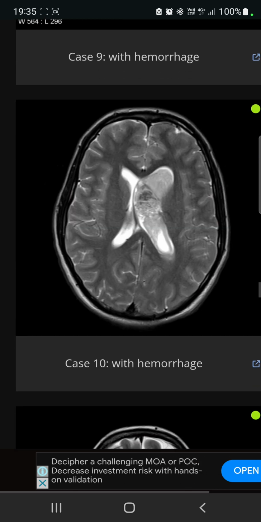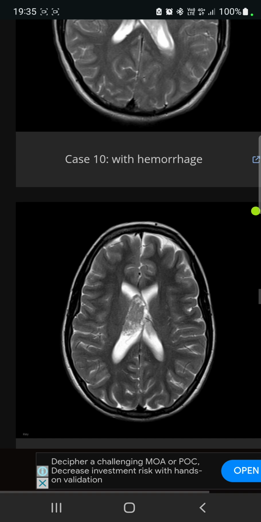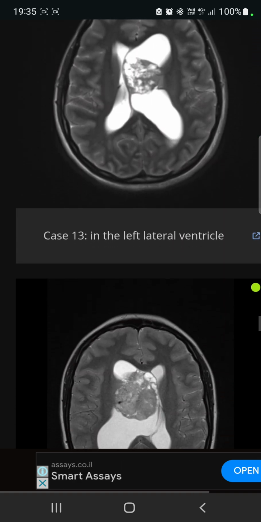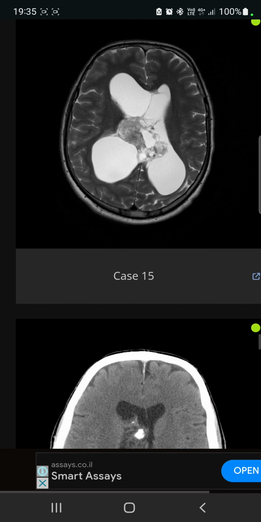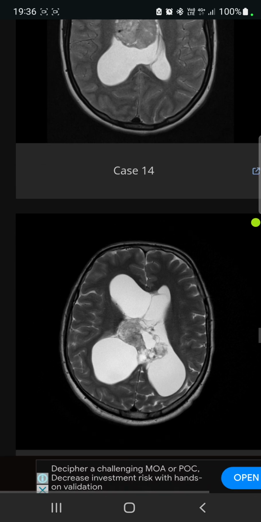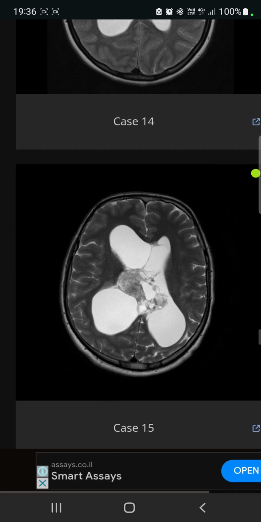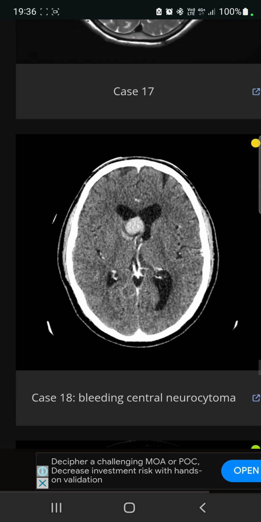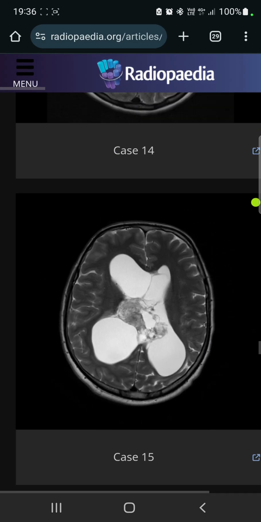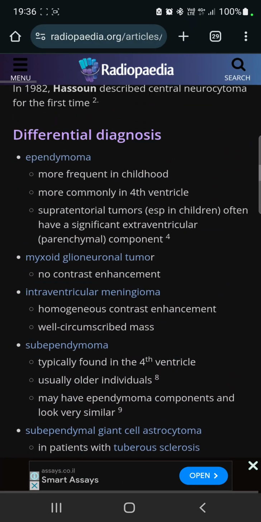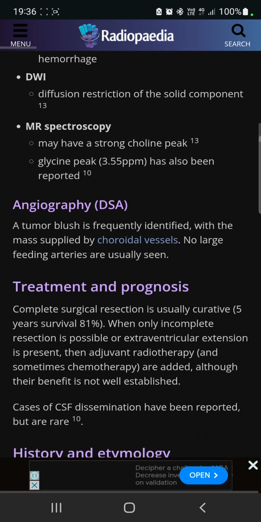So this is the central neurocytoma. You can see it in the lateral ventricle attached to the septum pellucidum. Of course, as a lesion in the ventricles, it can cause, as you can see, a hydrocephalus because it can obstruct the CSF flow. So this is the central neurocytoma. Of course, there is a differential diagnosis, but thanks very much for